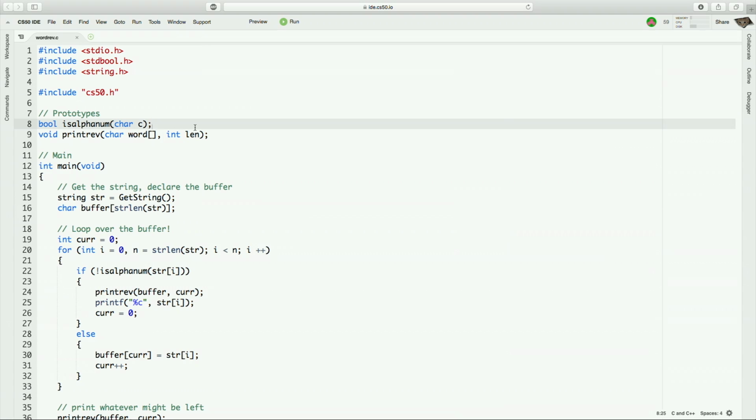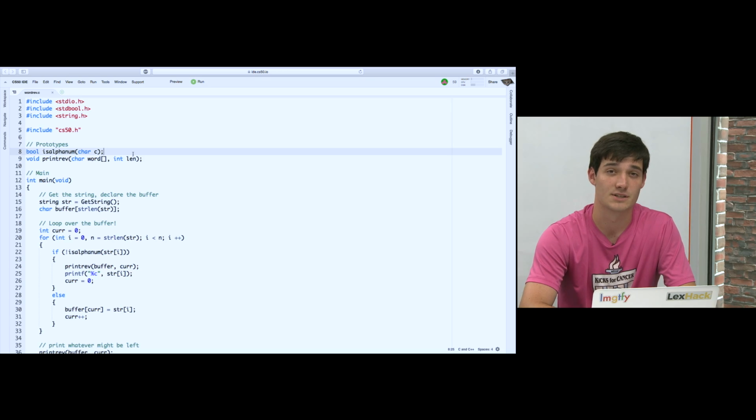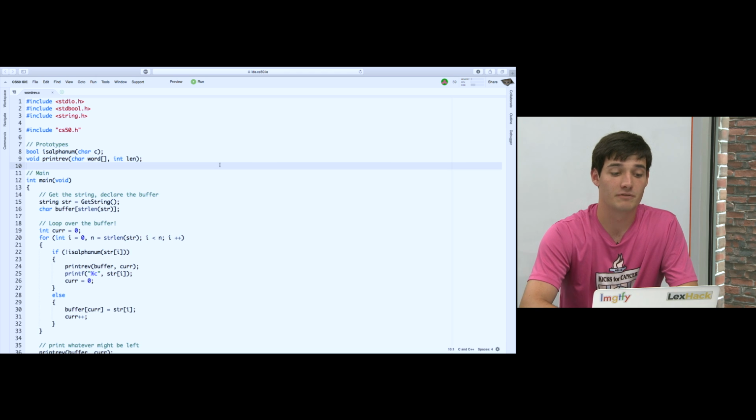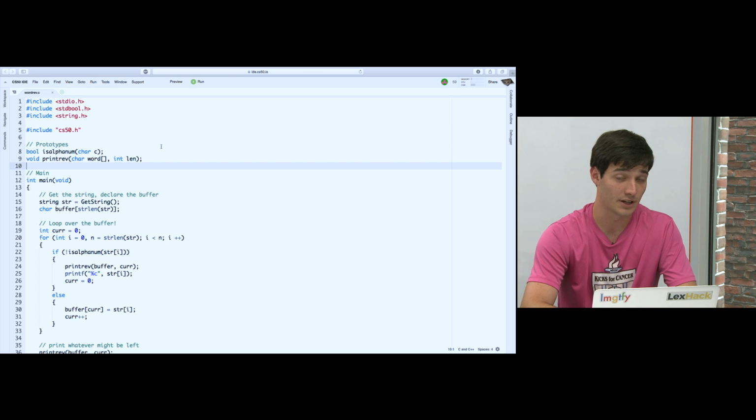Now, before we get started, I declared two functions to help me. The first one is isAlphaNum, and you might have used functions like isAlpha during CS50X. And isAlphaNum is essentially an extended version of isAlpha. It basically tells you whether or not it's a letter or a number. So it's isAlpha, plus it also contains 0, 1, 2, 3, 4, 5, 6, 7, 8, 9. And then the other one is printReverse, printRev, I've called it here. What printRev does is it will take a char array instead of a char star or a string, which is important for the way I've solved the problem, and the length, and it will print that word out in